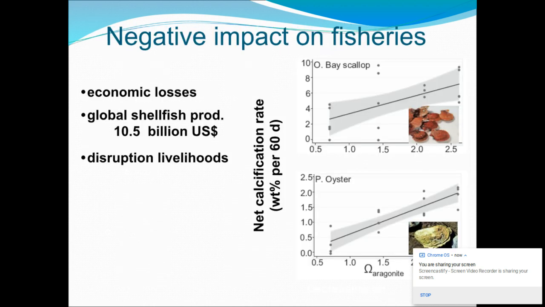All right, so why should we care, right? We don't make shells. Well, it causes an economic loss. So the shellfish produce about, it's a $10.5 billion industry. When there are no shells produced, this disrupts the income of some families and it disrupts their livelihood, so we lose money and it impacts